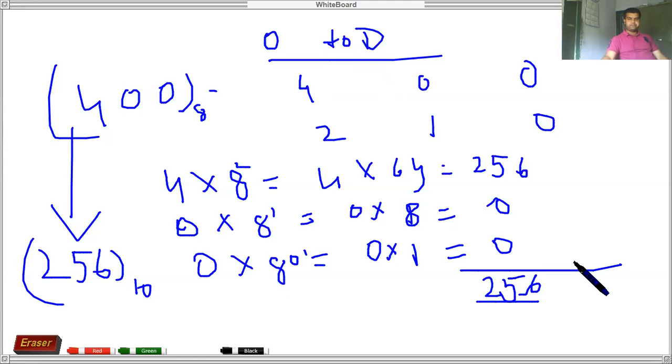Clear? Let me see how many of you have got the answer. Post your answer in the Zoom app. Let me see how many of